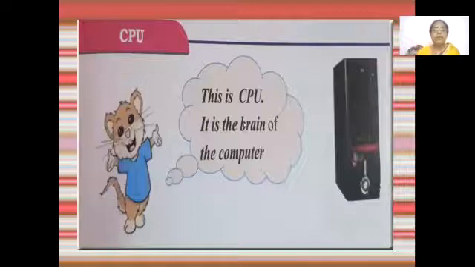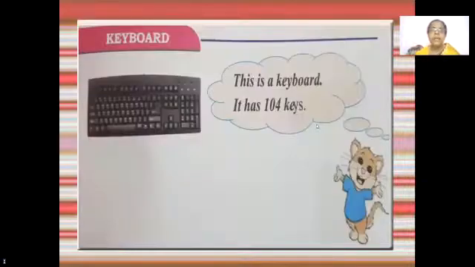Next is your CPU. The CPU means central processing unit. It is the brain of the computer. Whatever you want to do, you have to listen. Your brain says, come on, we must study, tomorrow is the exam. Then your brain is directing you to do such things. So also the CPU is the main part of the computer. It is called the brain of the computer. Brain of the computer.